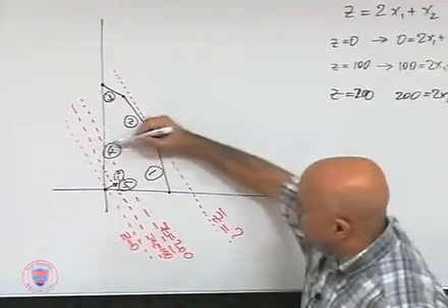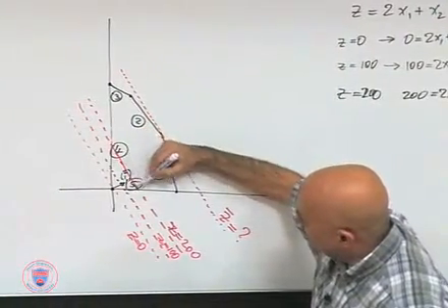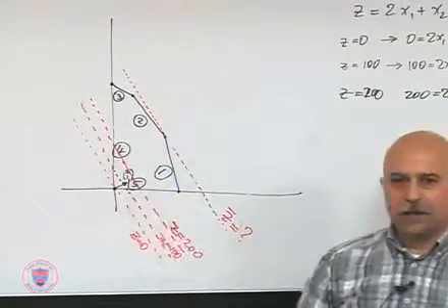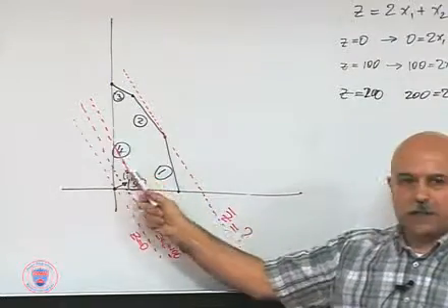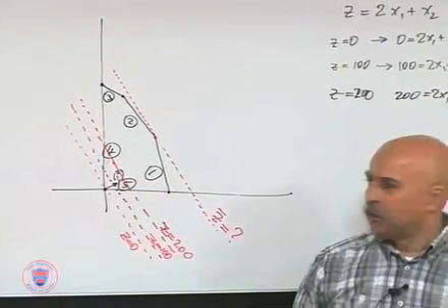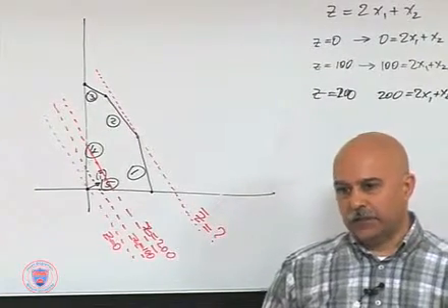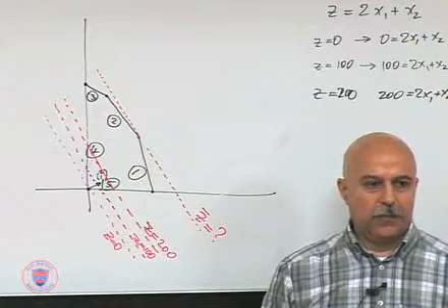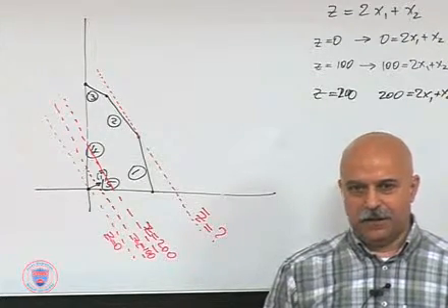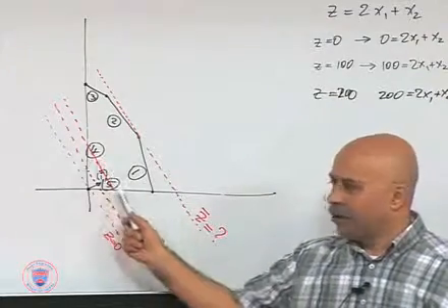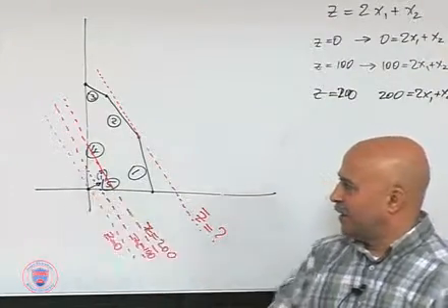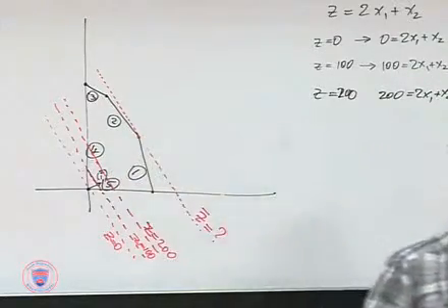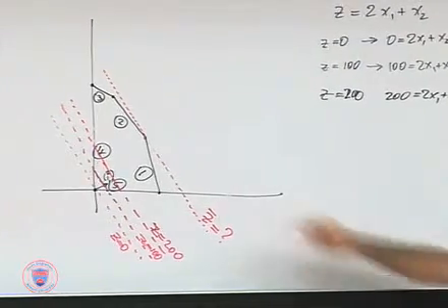For z equals 200, if you pick any point along the solid portion of the line, each point on the solid portion of that line is a feasible combination. So each one gives you the same objective value, 200. They are not better than one another. They are equally good. But they are all better than the feasible set of solutions you would get here, because each one here will give you 100. Okay? So you can see that